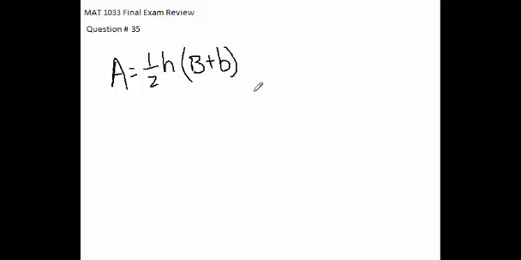MAT1033 Final Exam Review question 35. I am to solve the following equation for the specified variable. So I've got a formula. A is equal to 1/2 h times big B plus little b. It's the area formula for a trapezoid, and I want to solve for